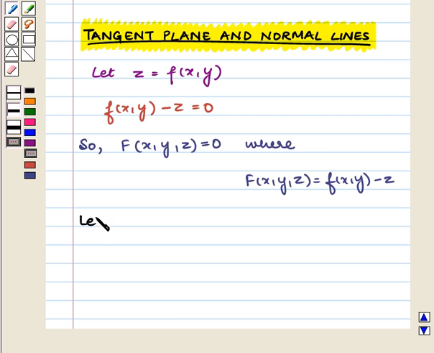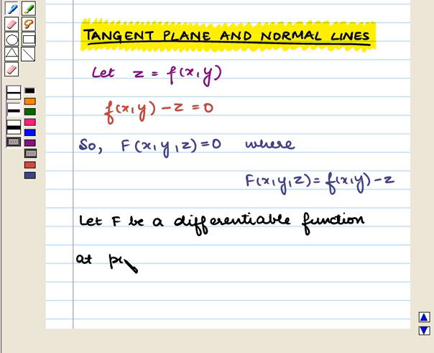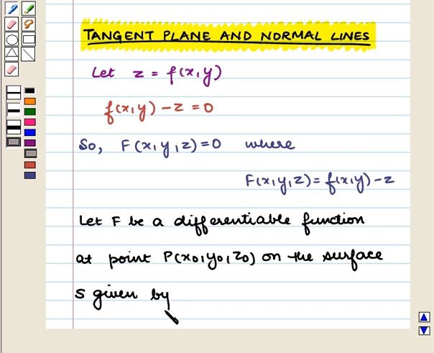Let F be a differentiable function at the point P x0, y0, z0 on the surface S given by capital F of x, y, z equal to 0, such that